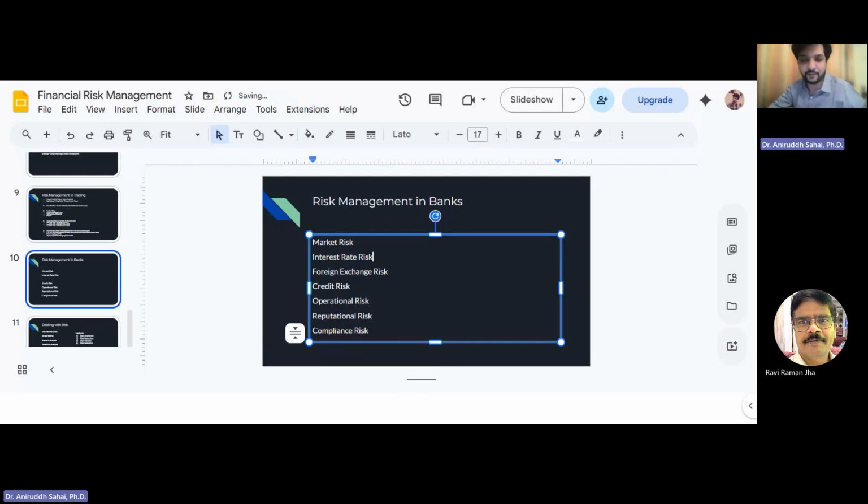Trump will keep doing all these silly and unpredictable things all the time. Similarly, Modi ji will be coming up with different new announcements. RBI, central banks will also keep on changing the interest rates. And all of these things will pose a risk factor for the banks. Now, to be better prepared, they can